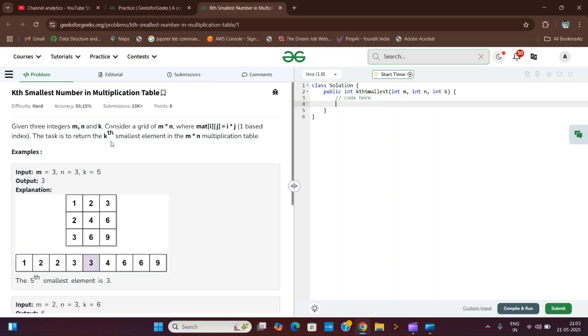Today we are diving into a really interesting problem from GeeksforGeeks, Kth smallest number in multiplication table. It's a great blend of math and binary search, and we will solve it using Java. So let's get started. So here the problem statement says, given three integers m, n, and k, consider a grid